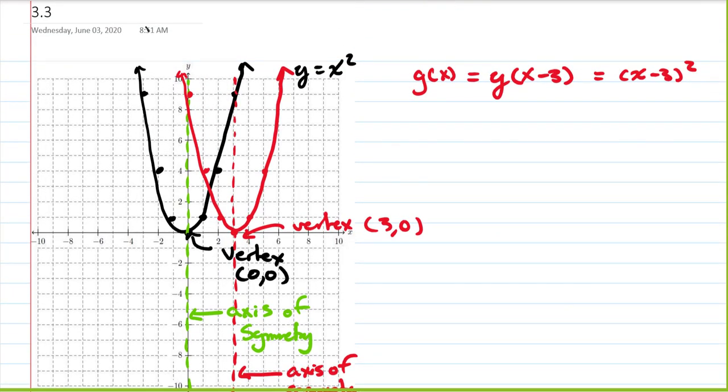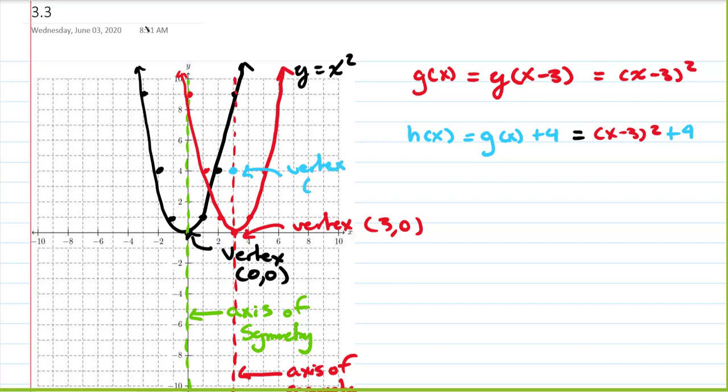We're going to do one more example. If I create a new function h of x by taking g of x and adding another number to it, say 4, well then that would be g of x, which is x minus 3 squared plus 4. And adding 4 to something on the outside, what would that do to our graph? It would shift it up 4 units. So that would take our parabola once again, so over 3 right and up 4, it's going to take our vertex and move it up here